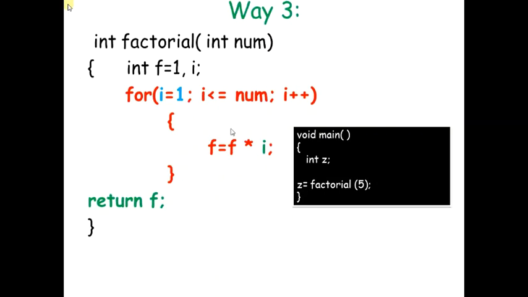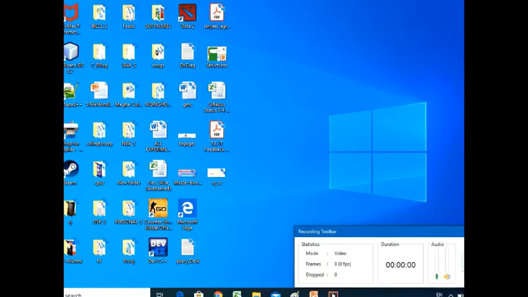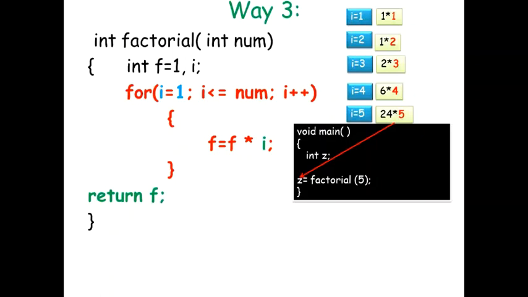Even here the factorial is computed step by step. In the first iteration of the loop, when i is equal to 1, factorial is 1, that is 1 into 1. When i becomes equal to 2 because of i plus plus... Okay, so let's see the computation of factorial. There's a pictographic demonstration for you. It's the same code. What I meant was, when i is equal to 1, f is 1 and that gets multiplied by i. So it will be 1 into 1.